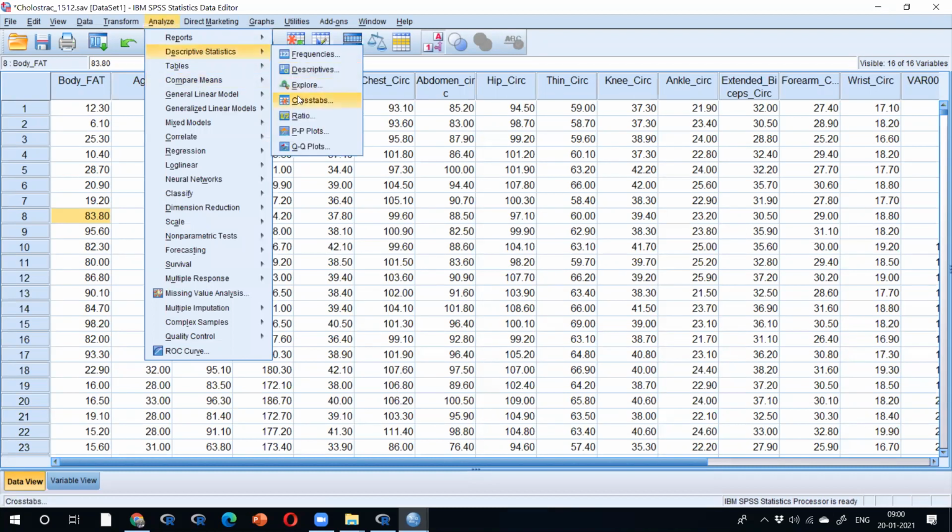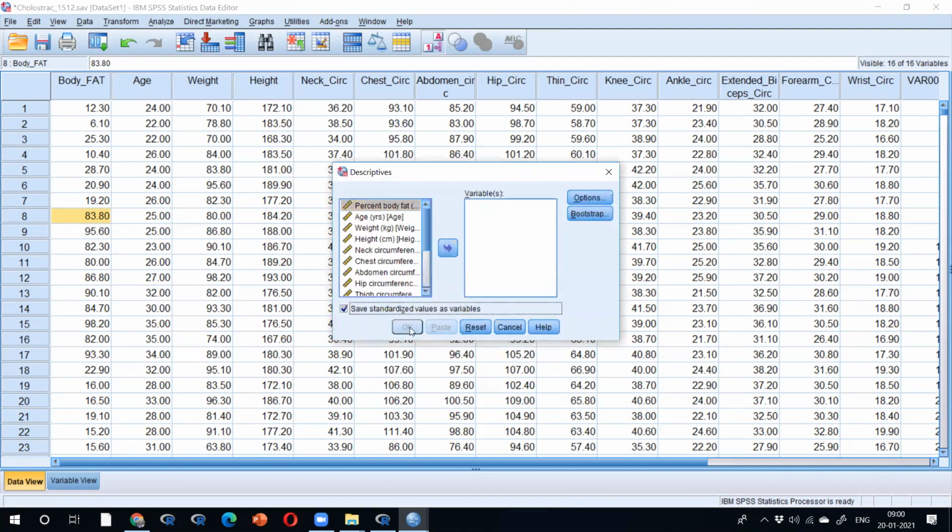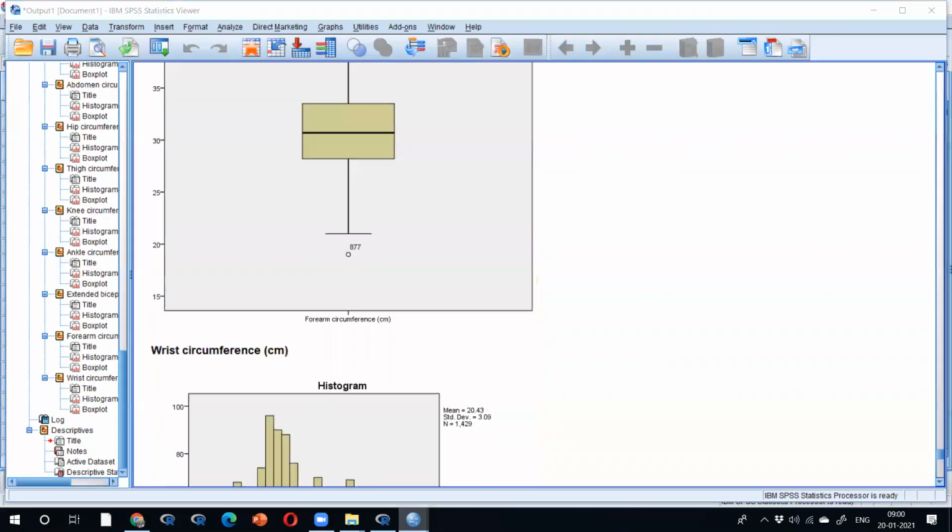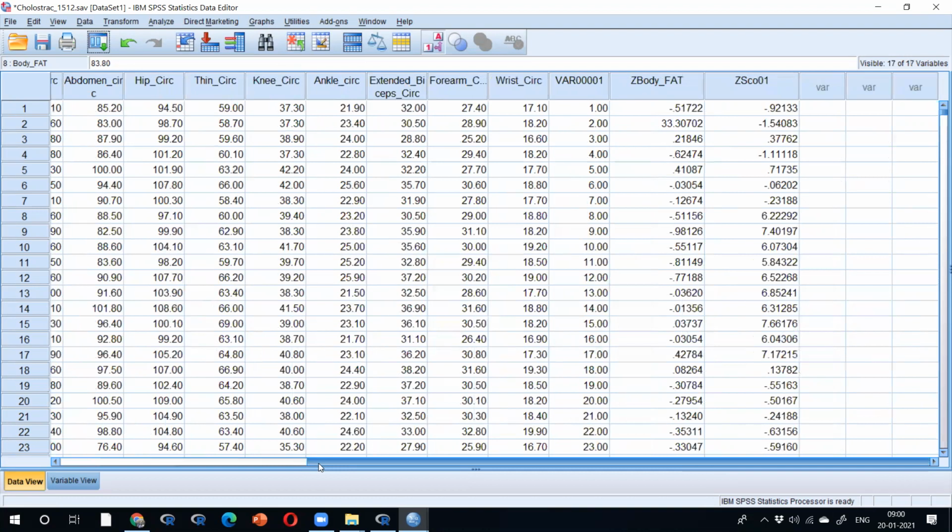Analyze, descriptive, save as, run it, go back. The system identified it. If it's a user-friendly tool, you can do it. If it is a Python tool, how can you do it? Load the Z-score package, then do it.